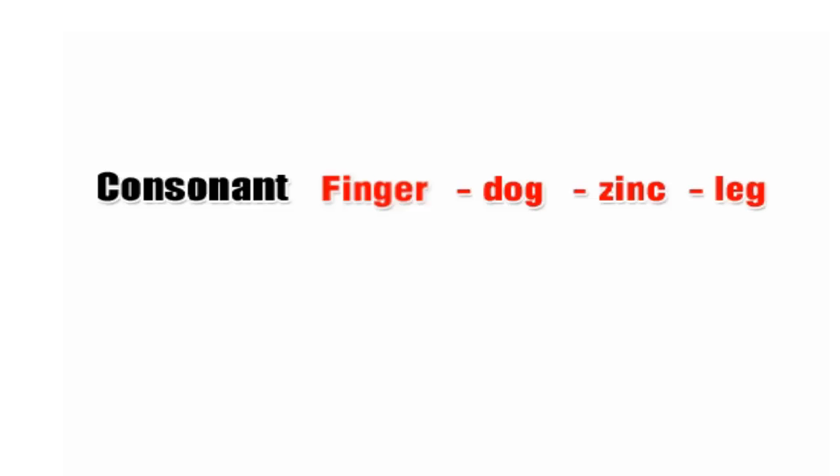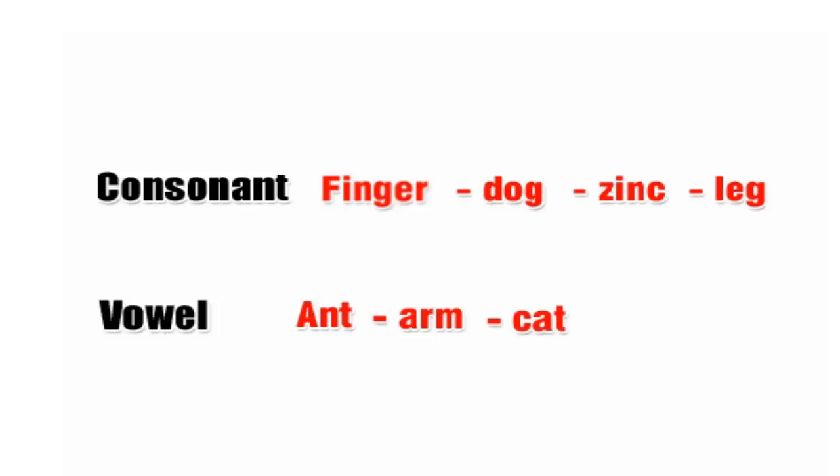Yet, if the air is allowed to pass freely through the resonators, the sound is a vowel. For example, ant, arm, cat, sad, veil. In English, consonants are classified into